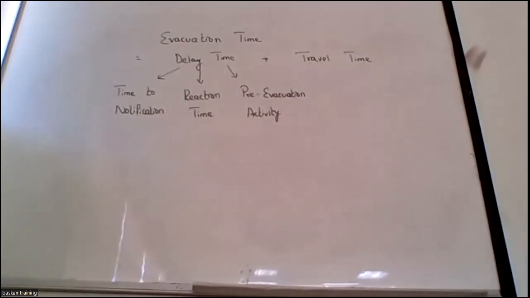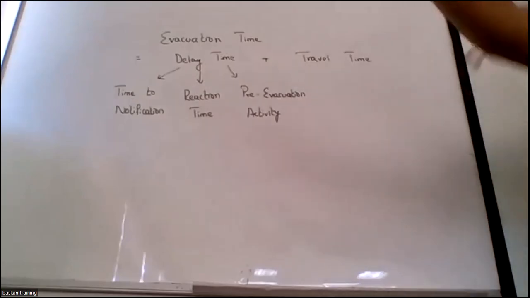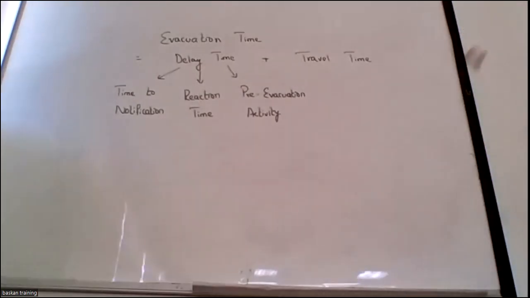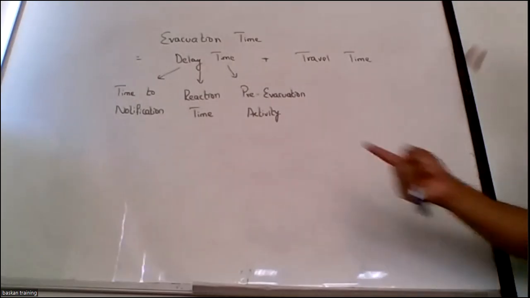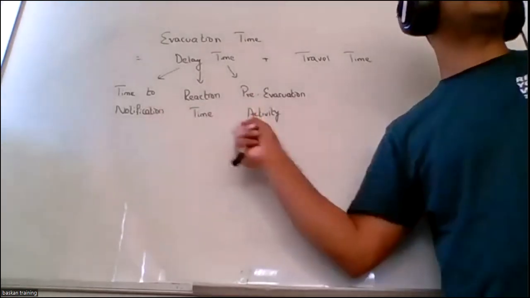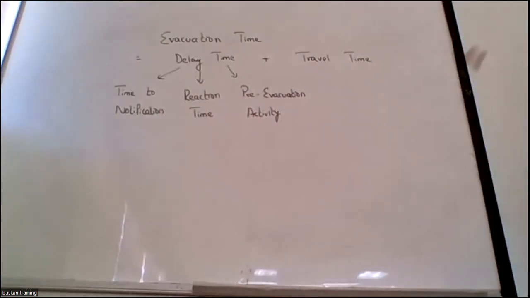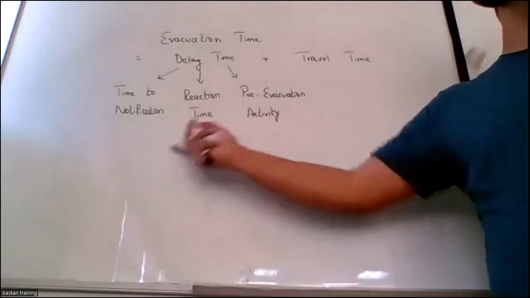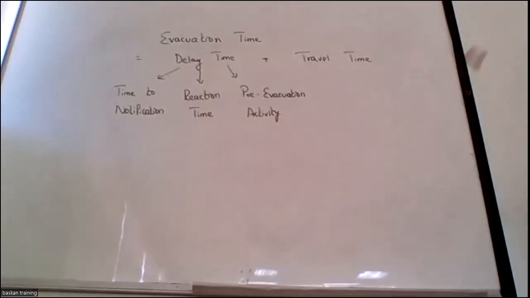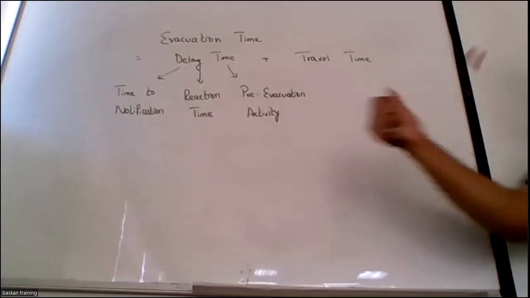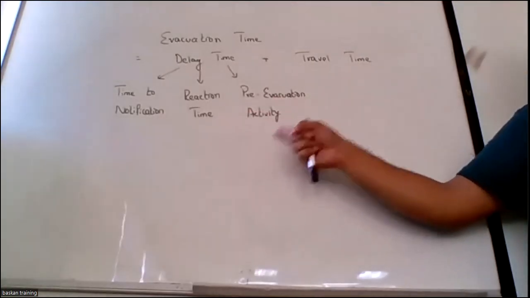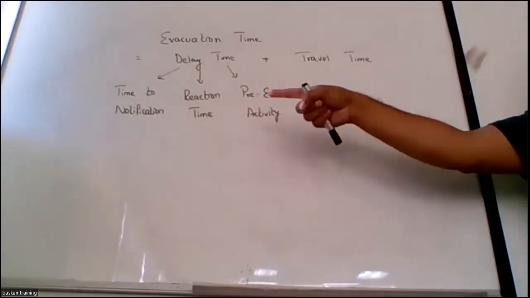So you identify the residential occupancy and the number of floors, and you provide an approximate distance from the farthest point to the exit discharge, meaning outside of the occupancy, and it provides you the time that will be available. It gives you constant factors, so you can approximate, say, 2.5 hours, 2 hours, or 3 hours of evacuation time. They are different models, but delay time majorly comprises time to notification, reaction time, and pre-evacuation activity time. Travel time is not a part of delay time.